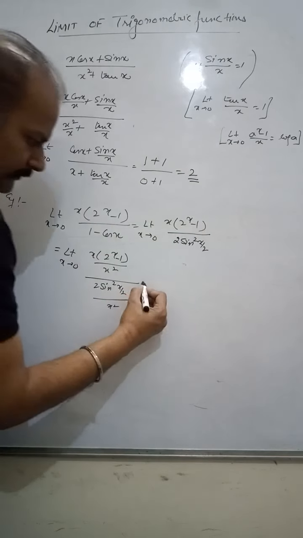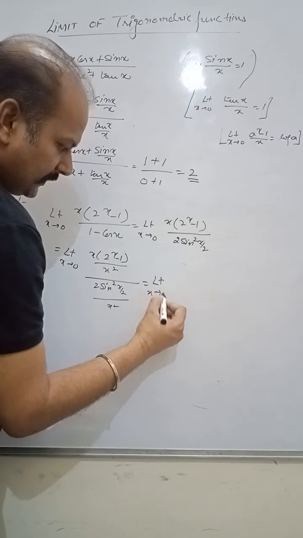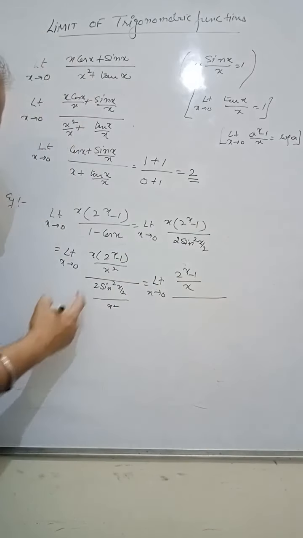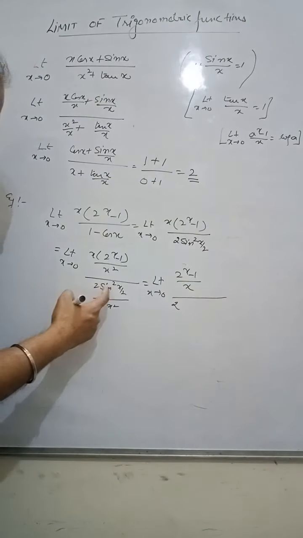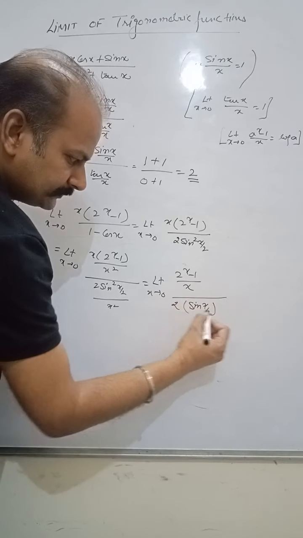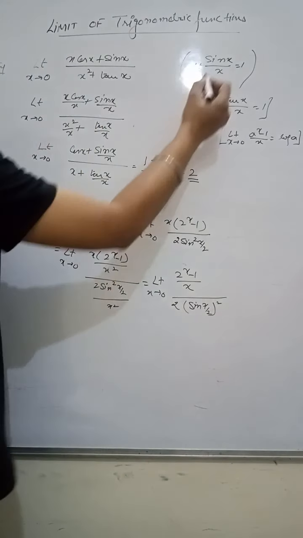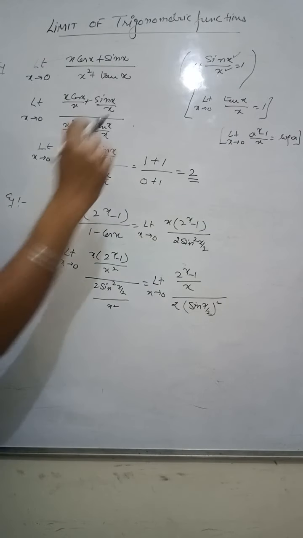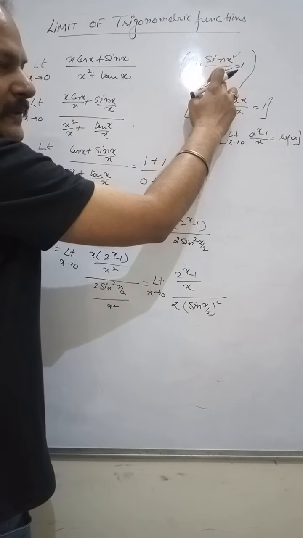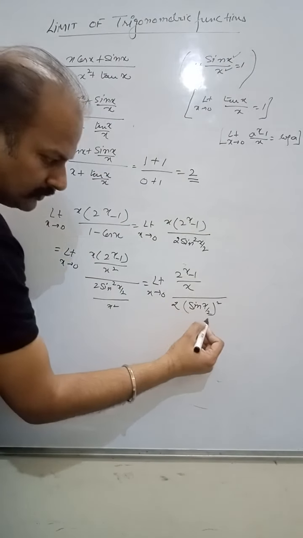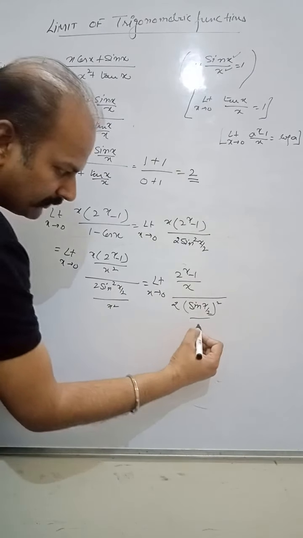Fine. It becomes, this is what we need to use. Now see here, this is 2 separate. Sine square x by 2 basically means (sine x by 2) square, and we need the same angle here. If it is sine x upon x, we need x upon x. If it is 2x, I need 2x. If it is x square, I need x square. So this is x by 2. So this is only x square you have.